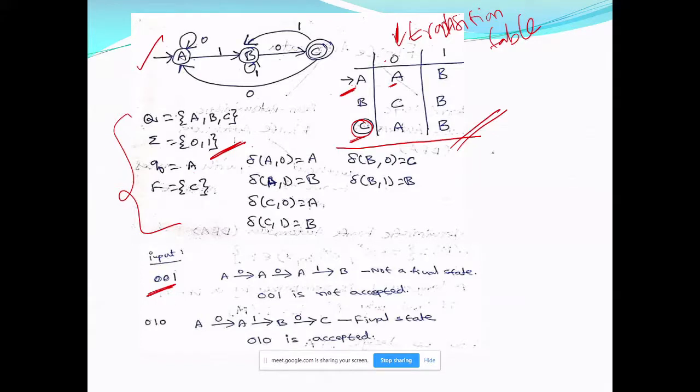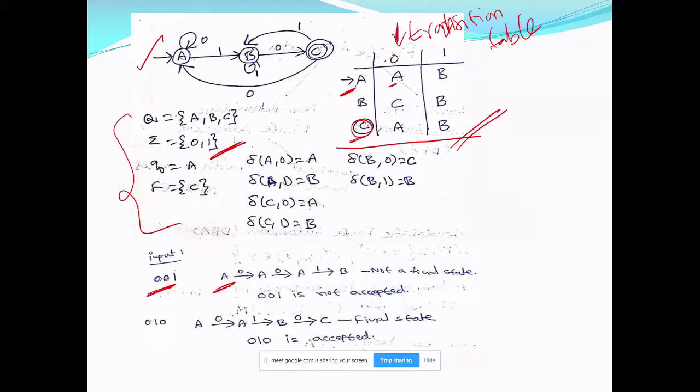So I start in Q0, that is A, so always you have to start in the initial state. Then the first input from the string is 0, so A on 0, your transition table or the transition diagram or your specification will tell you.